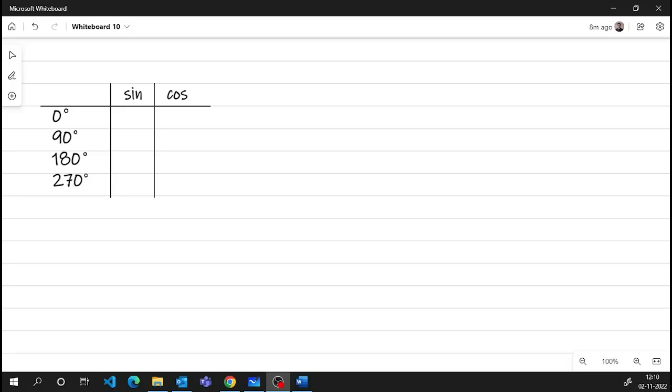Well, are you a mathematics student or a mathematics teacher and still struggling to remember the values in this table? For example, if I ask you what is sine 0 or what is cos 180, would you struggle to answer? If the answer is yes, please stay tuned. And these few minutes will change your life for good. And I can guarantee if you just watch this complete video, you will remember these values for rest of your